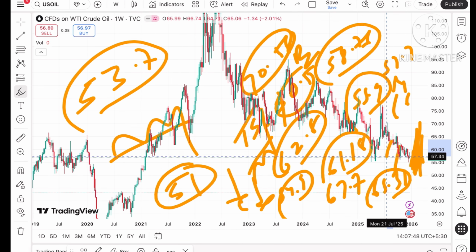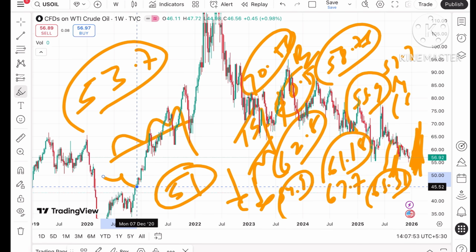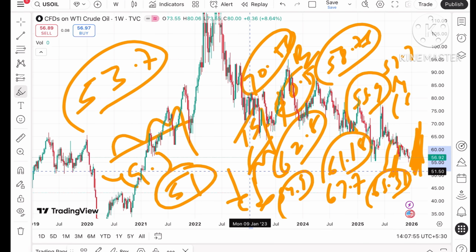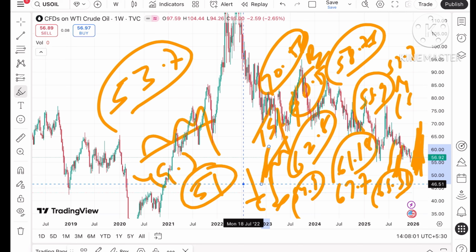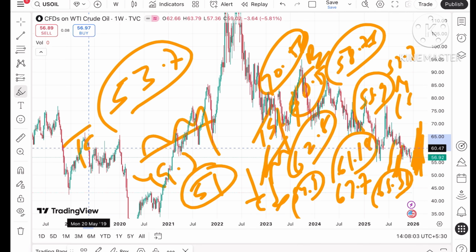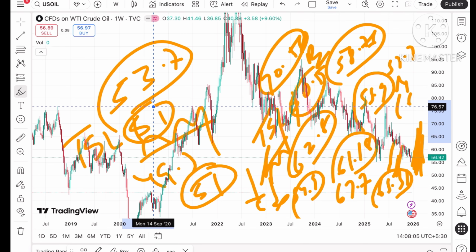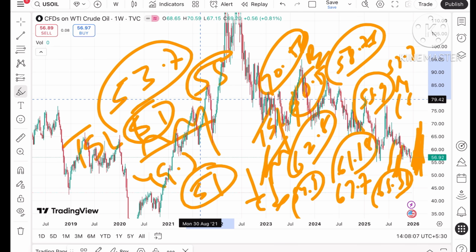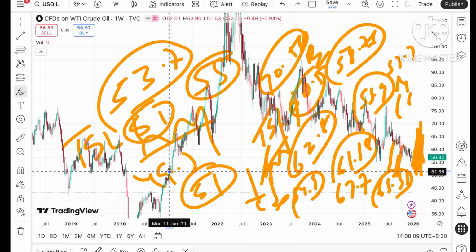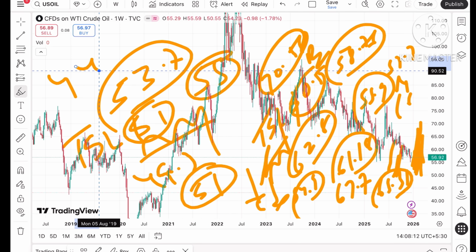And if the price moves below this level, a further fall can be seen, so after 51, we can see it can go further down towards 49.3, and if the price moves below that level, we can see a further fall towards a level of around 48 and then to a level of $46. The best thing you can do is trail your SL by $1 if the price starts falling below a level of 55, because this level is being reached after 4 years.